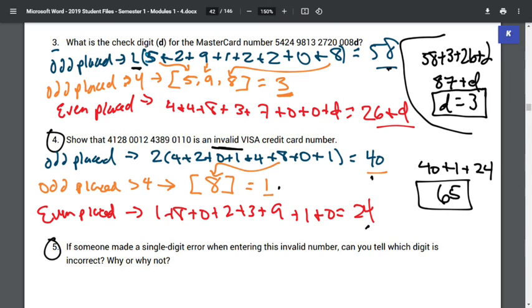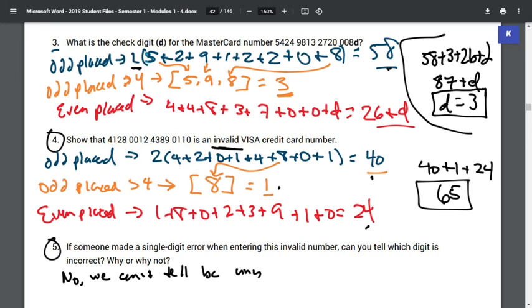And the last question we're going to look at here is number 5. So it says, if someone made a single-digit error when entering this invalid number, can you tell which digit is incorrect, why or why not? So this is just like the question that we had for the UPC. We cannot tell, so no, we can't tell,